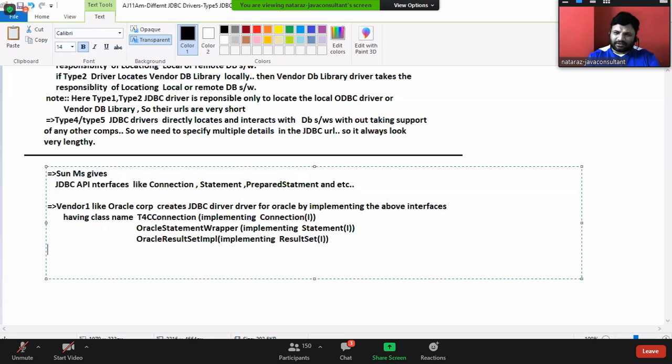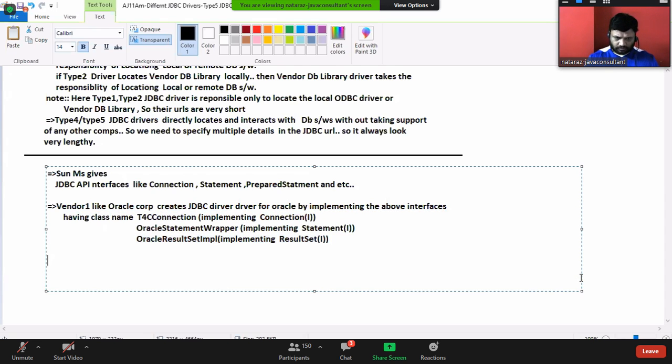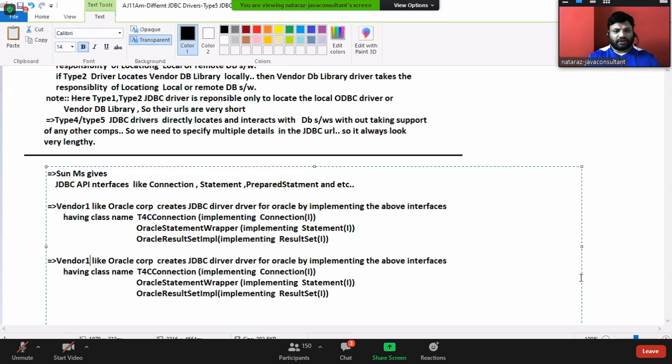Like this, vendor 2, like MySQL, creates the JDBC driver for MySQL by implementing the above interfaces, having class names.